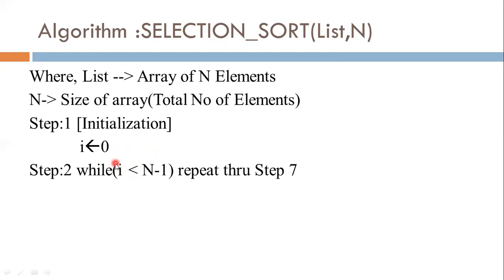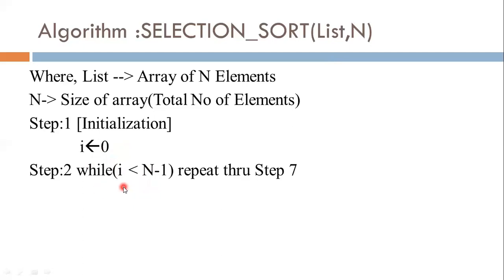Now in selection sort, the total number of passes or steps required is n minus 1. So in our previous example I have 5 elements, so I need 4 steps, 4 passes for solving the example, and I start with step number 1, step number 2, step number 3 and step number 4. But here I start with 0, so I have to continue with i equal to 0, i equal to 1, i equal to 2 and i equal to 3.